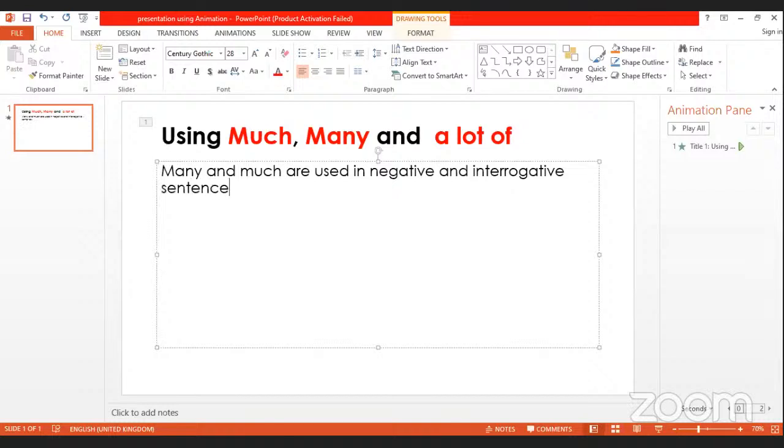Okay, interrogative sentences. Next explanation, the difference between